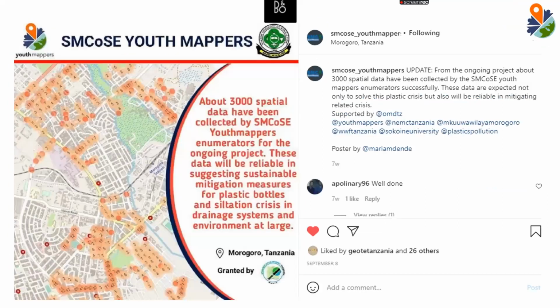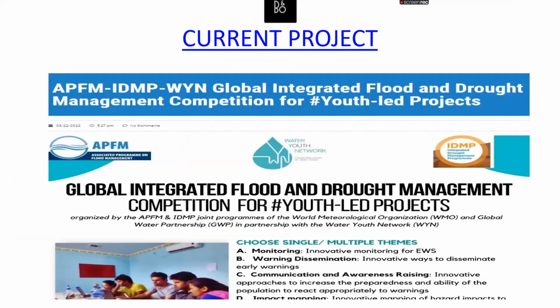In the previous project, we also collected about 3,000 spatial data points concerning those plastic bottles in the drainage system. So that was the second project. And the third one, the current project that I've been working on, is what we call mapping flood protection zones as well as evacuation routes